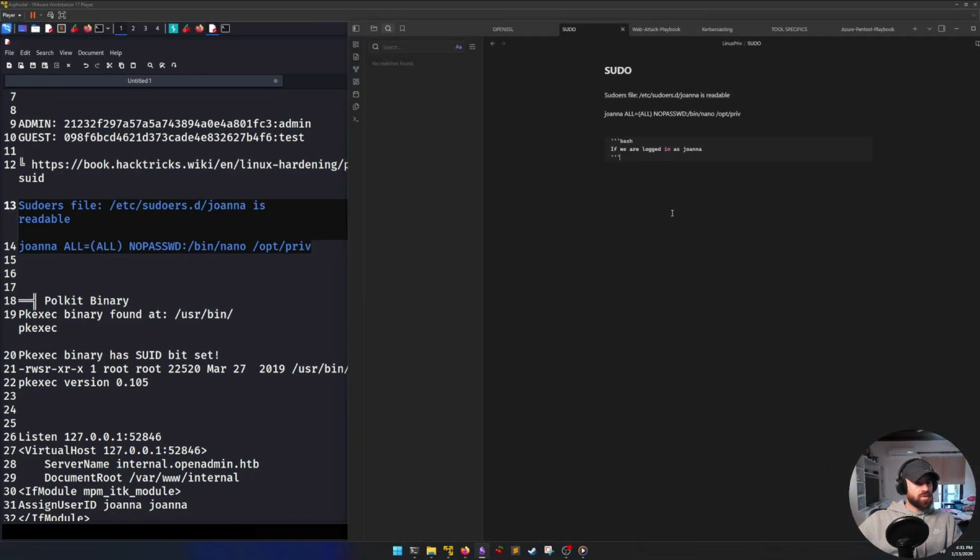So let me do it like this. What I'm writing here is that sudo files is readable, it says, and we get this ALL NOPASSWD /bin/nano /opt/priv. And what I'm writing is that if we are logged in as Joanna and